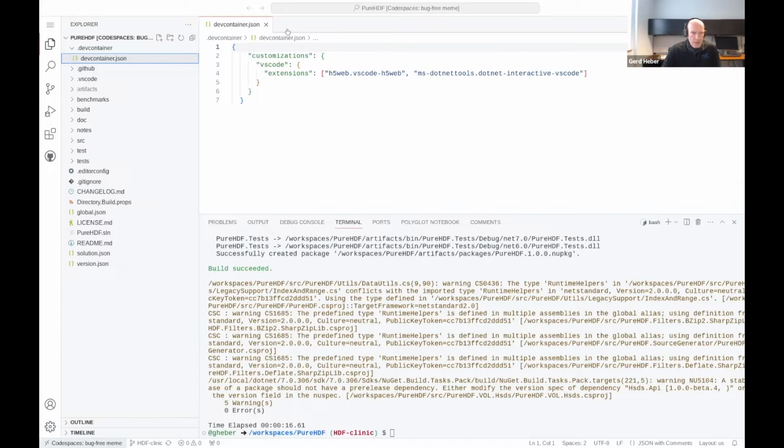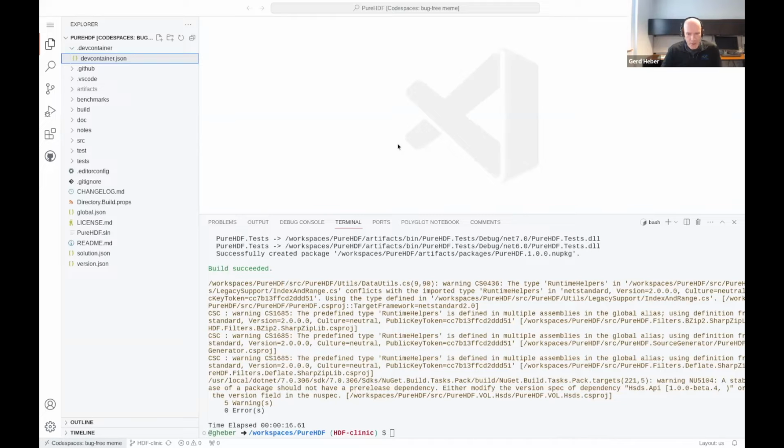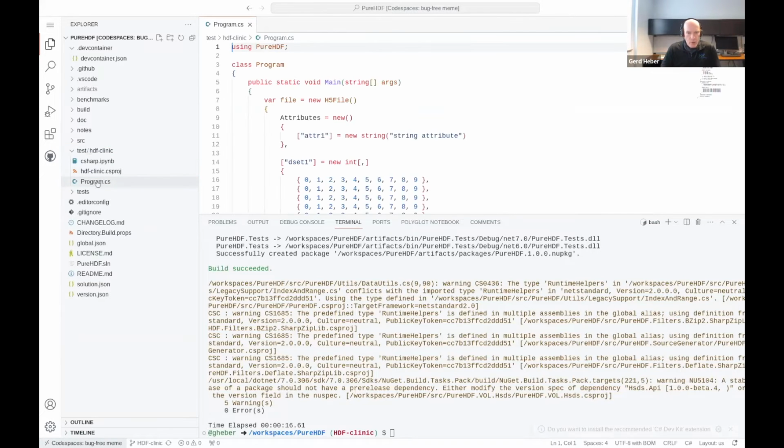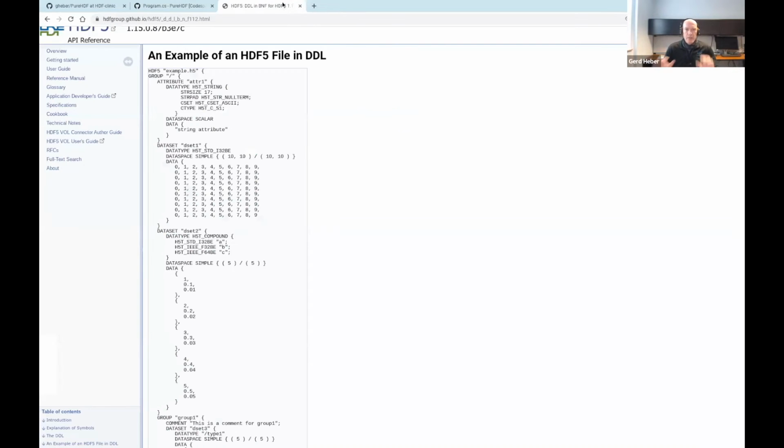But yeah, okay, this is about PureHDF, not about codespaces. So we have an environment, fantastic. And what I did is I created a folder in here that I called Test HDF Clinic, and I created a C# program in here that I will show you in a moment. But before I do that, I want to show you the kind of HDF5 file I would like to create